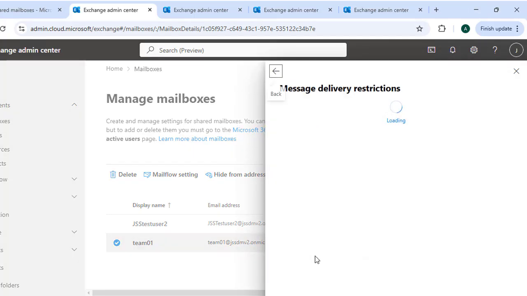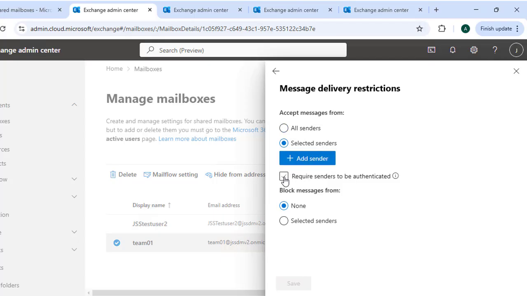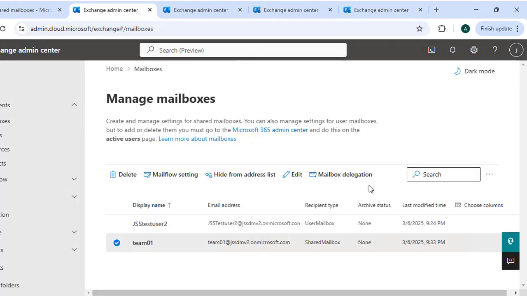But in the Exchange environment, you can see a few more options, like the message delivery restrictions. You can set these restrictions like accept messages from all senders, which is already selected by default. But you can set up selected members, or require senders to be authenticated. This is more secure and provides you a more dynamic email environment. And block messages from: you can select the members whose email you want to block in your mailbox. So this is the way you can manage your user mailbox and your shared